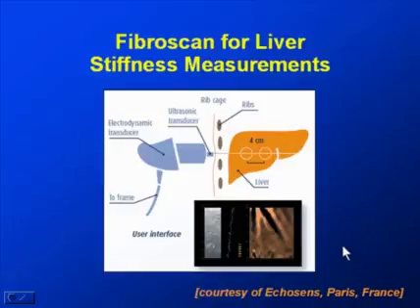There are currently 4 manufacturers that have elastography systems for sale. But I really shouldn't say imaging, because one of the 4, and this is Echosens from Paris, France, has the FibroScan device, which is a non-imaging elasticity device. Essentially you have an ultrasound transducer with a piston like that, and you put it on the skin, and it'll create indentations in the